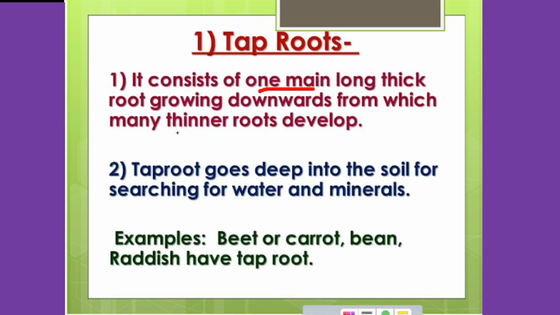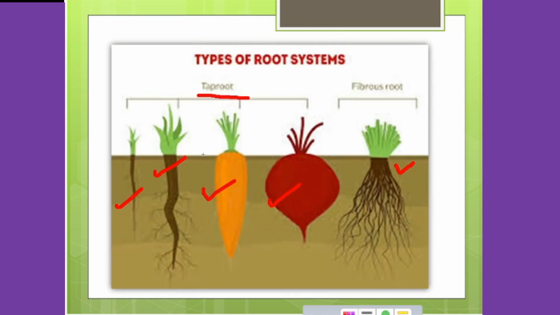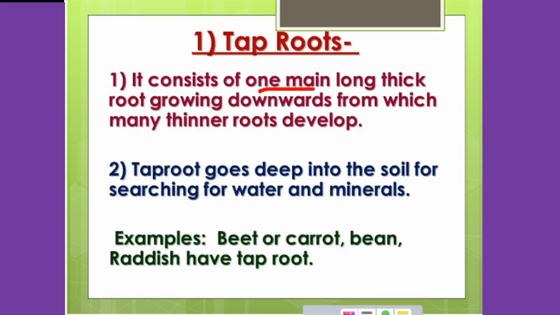And some small or thinner roots are developed here. As you can see in this picture, one main root is there and small thin roots are there beside that main root. Taproot system consists of one main long thick root growing downwards, from which many thinner roots are developed. And taproot goes deep into the soil in search of water and minerals. For example, beet, carrot, bean